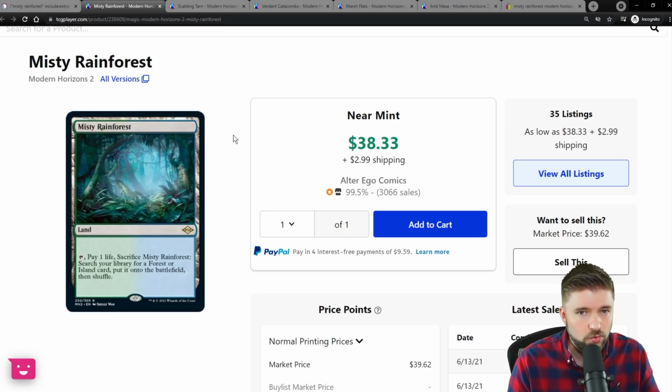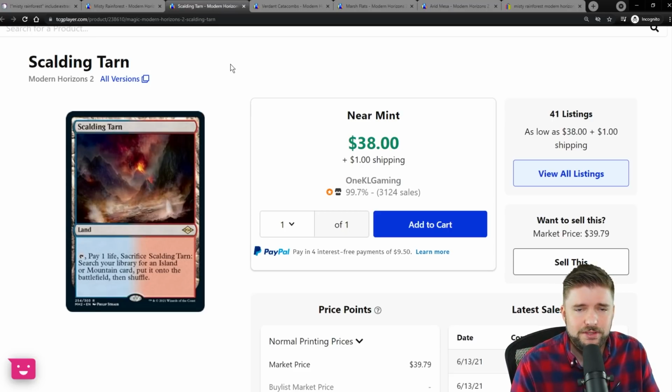Jake and I are going to be targeting $25 to $30 to acquire Misty Rainforest base level version non-foil. Again, we are talking about the very base level version of these cards so that we can just acquire them and have them in our collection, have 1 for our commander decks, have 4 for any constructed version that we want to play. We've got Misty Rainforest between 25 and 30, and the same is going to be said of